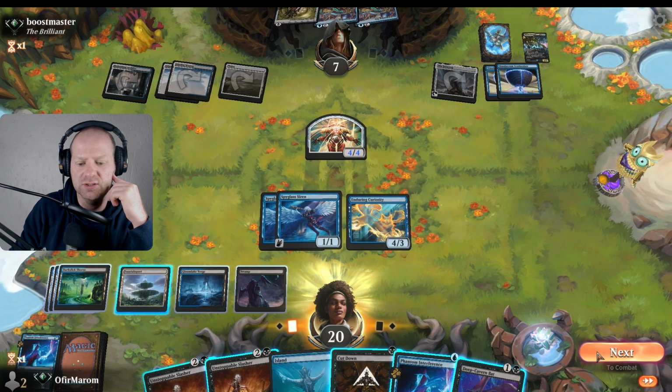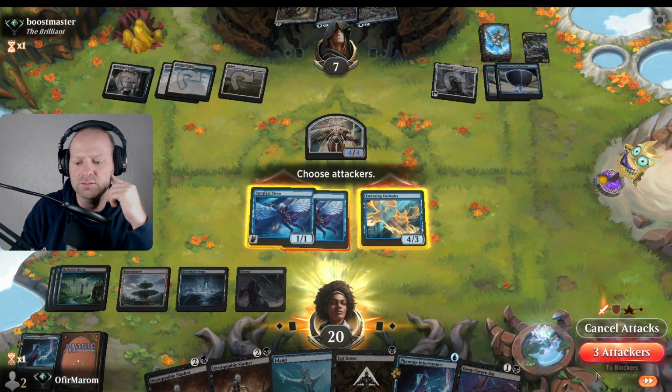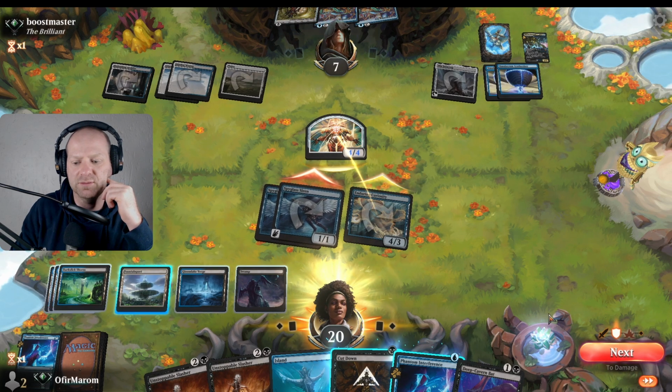Okay, so I wish we could, I think they're going to block this turn, and we have no way of getting rid of their creatures. So I think we just attack first. Deal as much damage as possible. Maybe they will take it. Probably not. Okay, so now we...